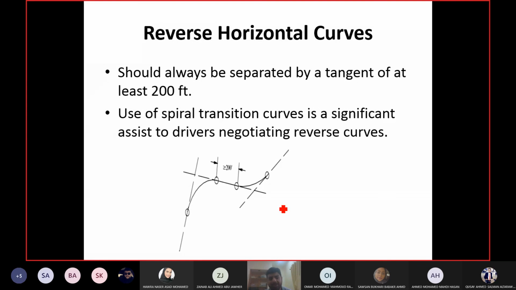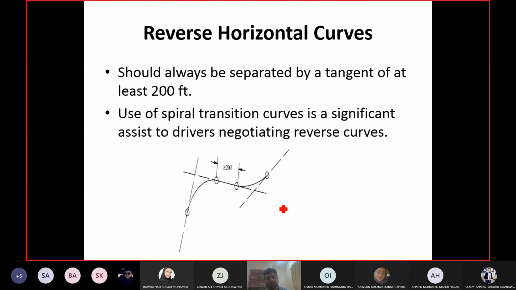So we avoid it wherever we can, but in terms of reverse curves, you cannot avoid them. In terms of reverse curves, you must provide them and make sure the distance between the two curves of opposite directions is 200 feet or more. Okay, and again, the calculations for these curves will be the same as a circular curve because these are two circular curves. Okay, and now the distance between them is also there, so they are not joined together. Okay, so there should not be any problem in doing the calculation separately.